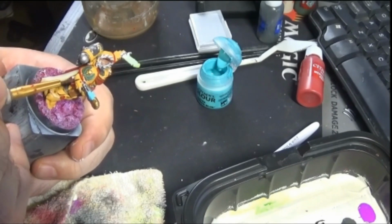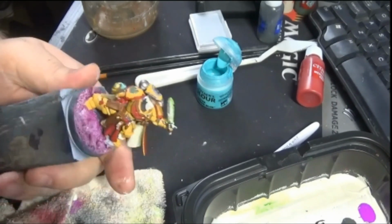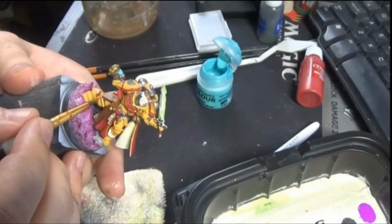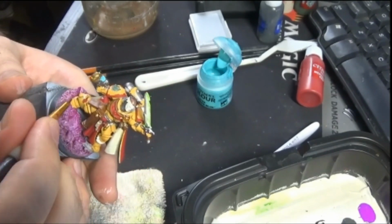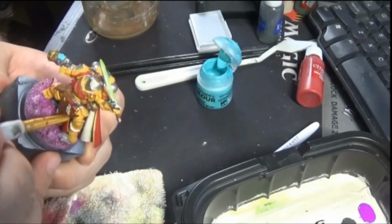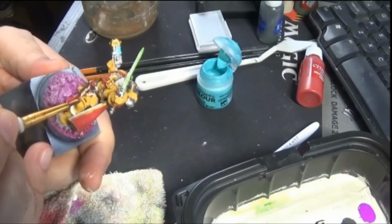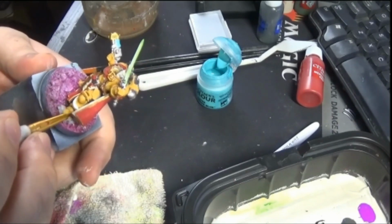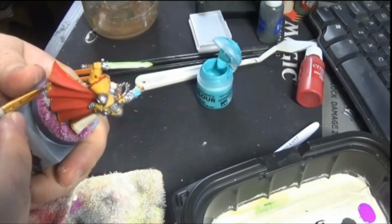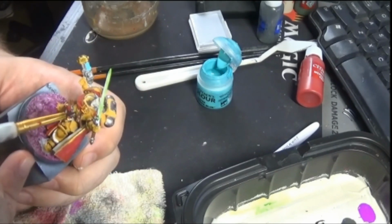Now at this point, we're coming in and doing some panel lining with our black wash. I originally used to just slap the black wash over everything when it came to painting my Space Marines, but then I found out I had to go back in and retouch all of my yellows. Doing a panel line wash, just going in and getting all the creases in the armor,